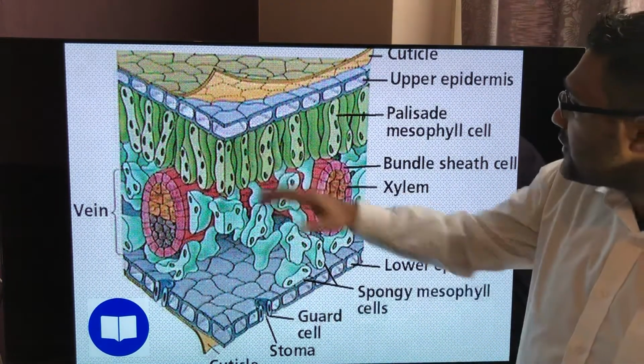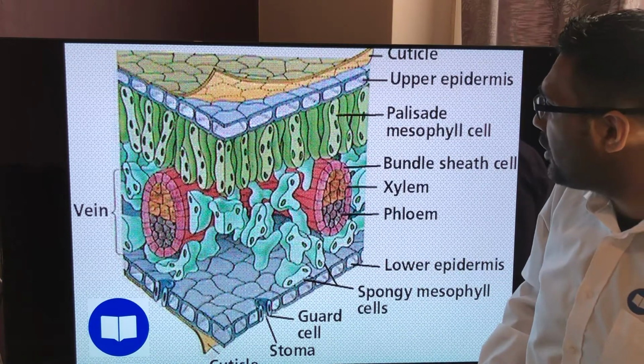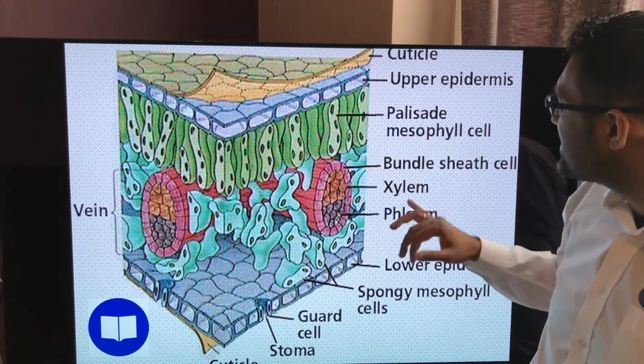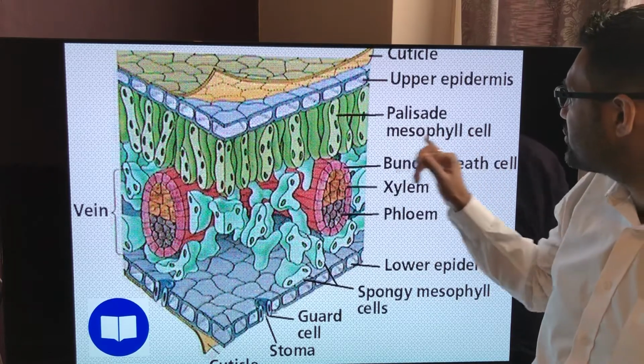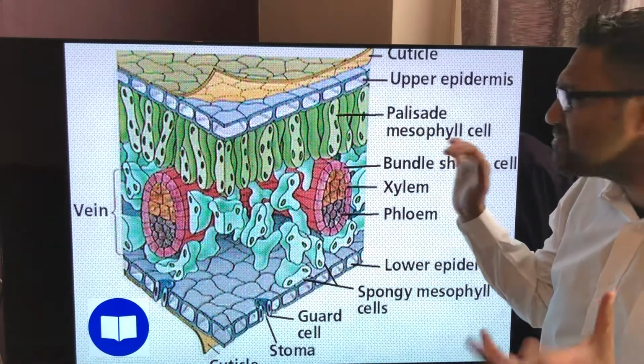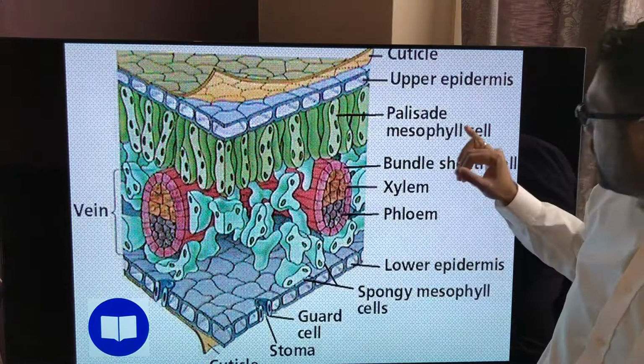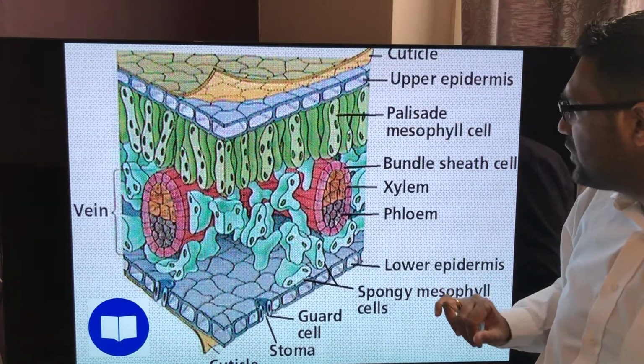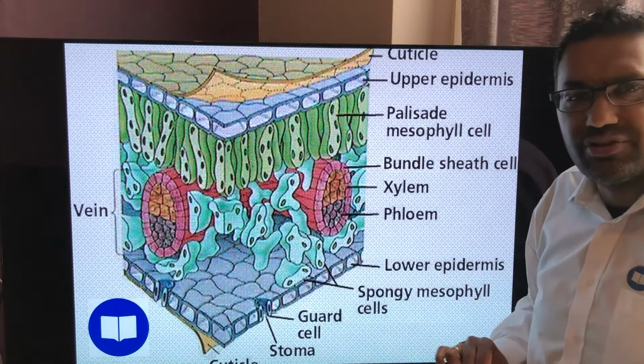So the middle bits then are the important bits. They're called the mesophyll layers. Mesophyll is just Greek, I think, or Latin for middle. It means middle layer. So you've got the two middle layers. We've got the palisade mesophyll layer,